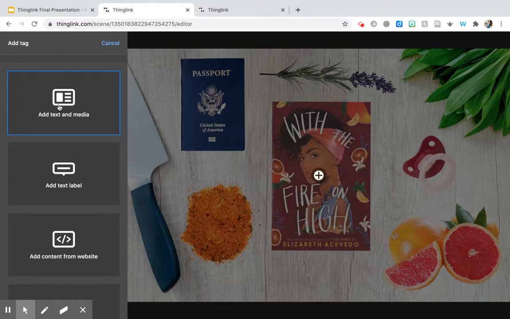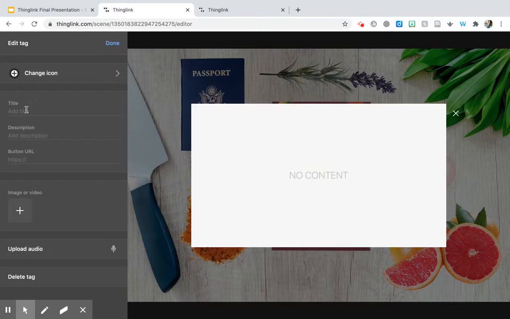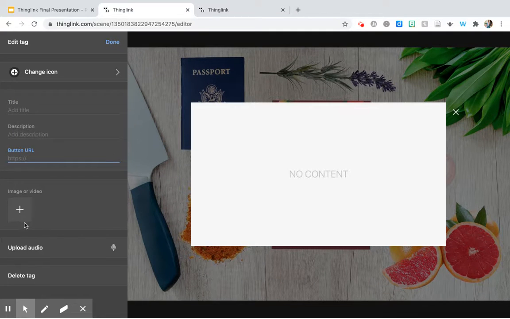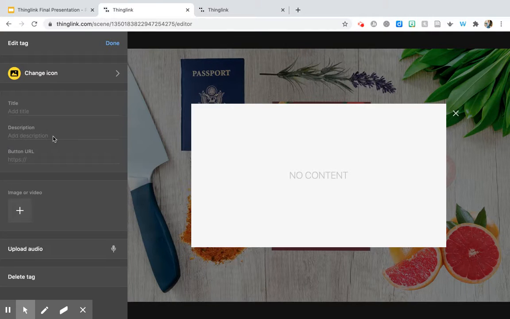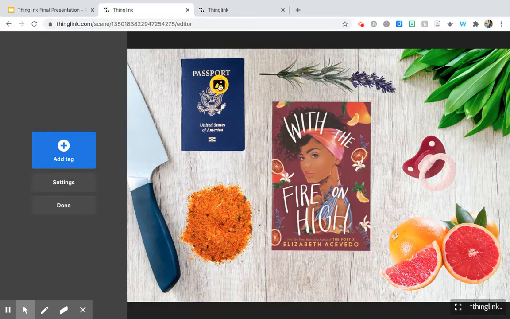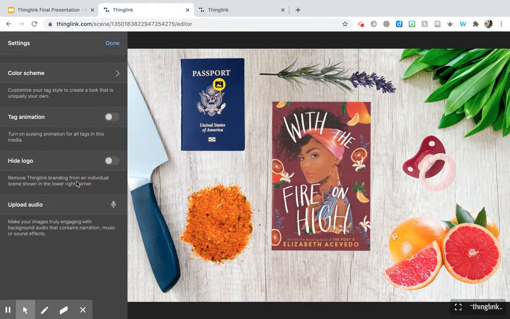And you can see you can add text and media. So you would enter like title, description, button URL. You can put an image, video, upload audio. And you can change the icons around. So if you want the icon to look like this, and just embed that, say done, can drag it around, put it where you want it to, and there your tags would populate. You can play around with color scheme, tag animation, again, like turning it on. You can play around with all of that. And when you're done,